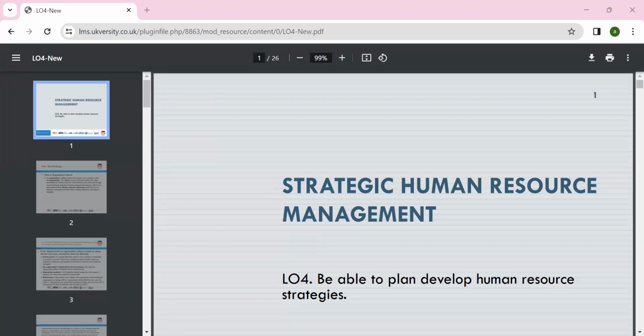Okay. So today's lesson, LO4, is being able to plan and develop human resource strategies. During our lesson 1, we discussed what management is and why management is important. We discussed different models of management. We went through the VRIO model. We discussed RBV, the resource-based view, and how we can make a plan. We discussed mission, values, and objectives. We had a discussion about what is meant by strategic planning, long-term plans, and today's lesson will go through developing